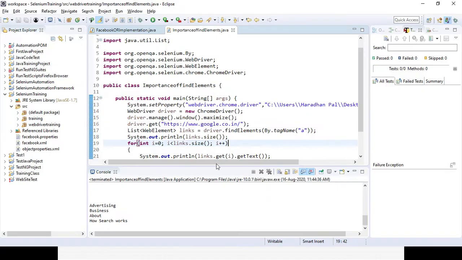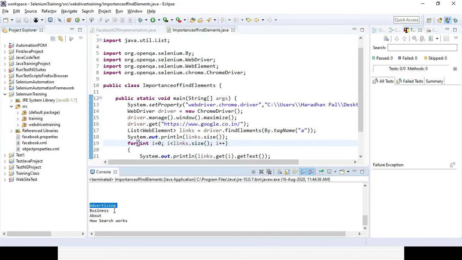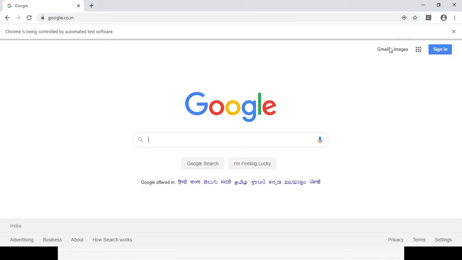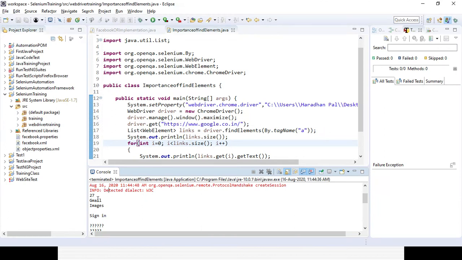Okay, so here if you go, you can see all the links coming right here. The total number of links is displayed as, you can see, 27, right? If you count here, 1 2 3, okay, then 4 5 6 7 8 9 10 11 12, and all the, this is also a link, right? This is also a link. So all the links will be displayed, and in the output you can see Gmail, images,